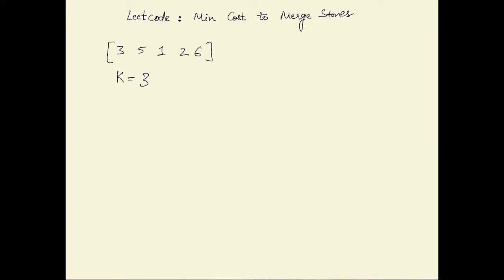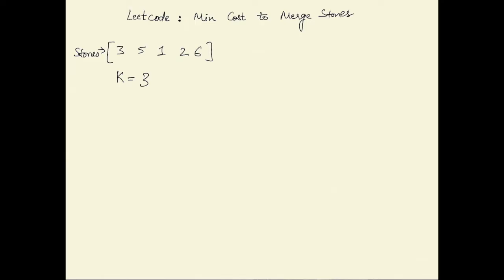You are given an array, and each element in the array represents a pile of stones, and array[i] represents the number of stones in the ith pile. What we have to do is pick k consecutive piles out of these piles and merge them, and the cost to merge is the total number of stones in those k consecutive piles. So for example, let's say these are the stones that we are given and k is